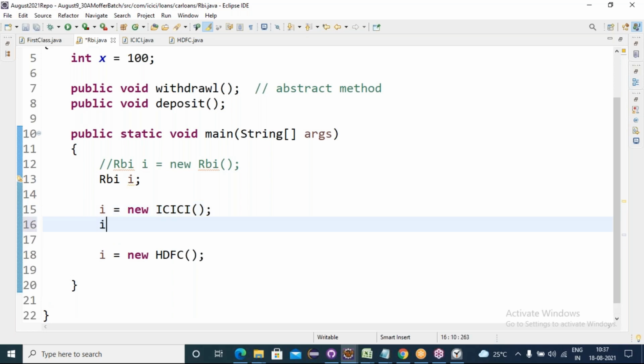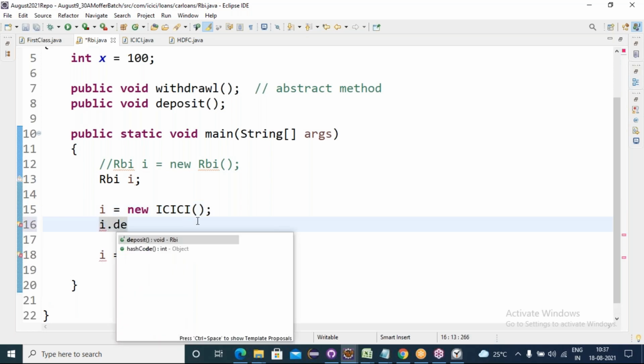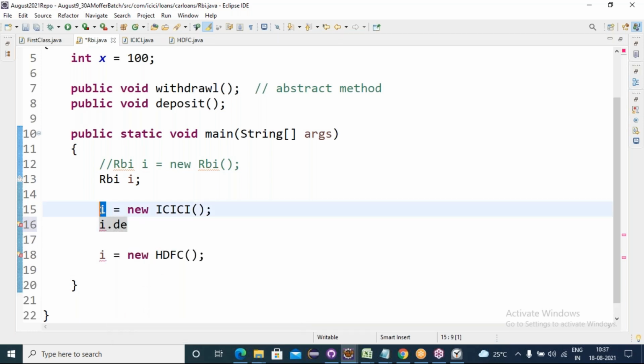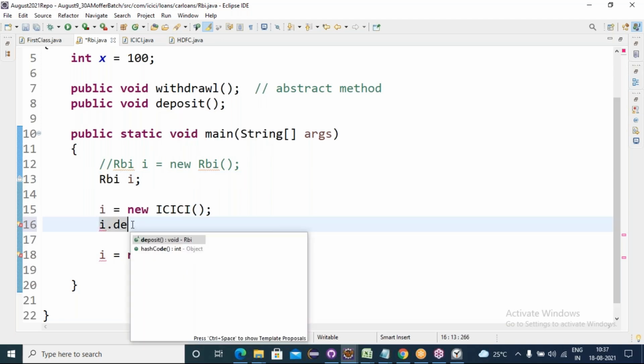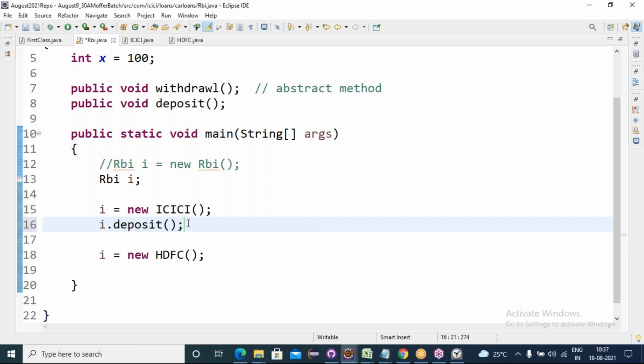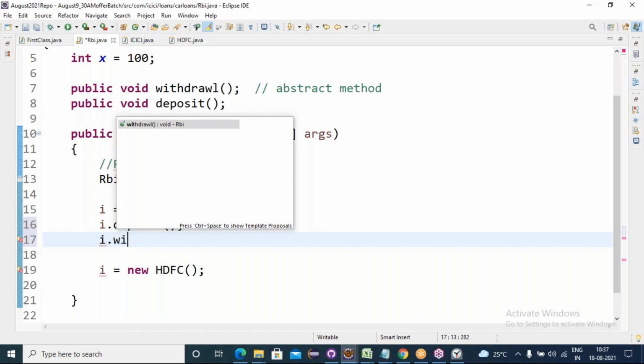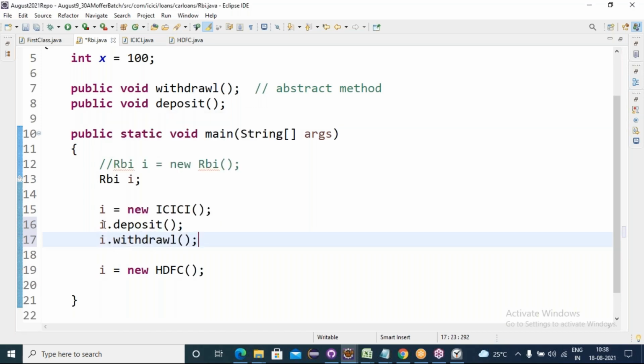Now let me access i dot deposit. Where is deposit coming from, friends? From RBI. Because why? i is of what type? RBI type. RBI contains deposit or not? That's why at compilation time it shows deposit as an RBI type. Now i dot withdrawal is coming from where? From RBI. RBI contains withdrawal or not? Yes.